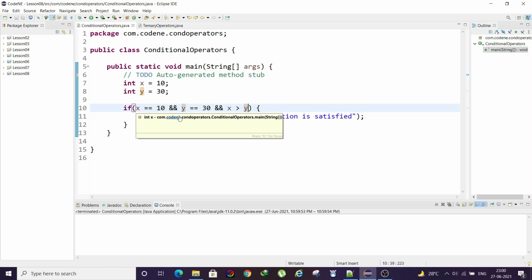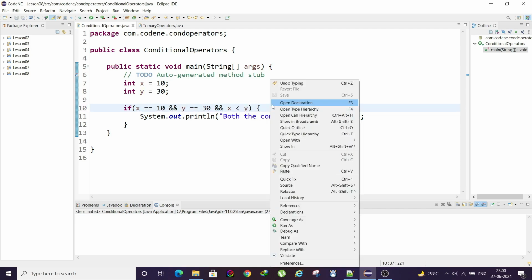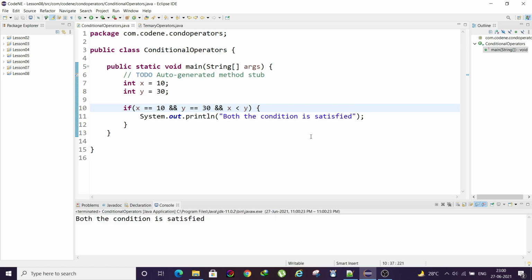Even if x equals 10 is correct and y equals 30 is also correct, the last condition, that x is greater than y, is not correct, because obviously 10 will not be greater than 30. If I change this condition and then run it, obviously now we'll get the output.